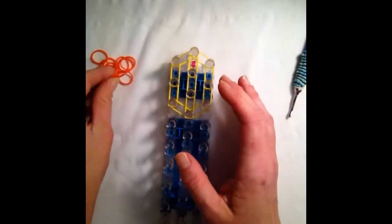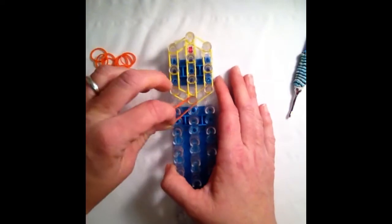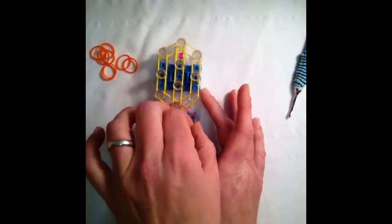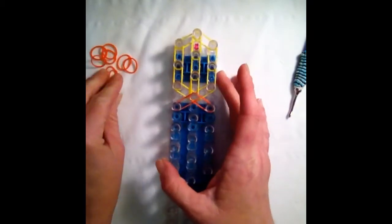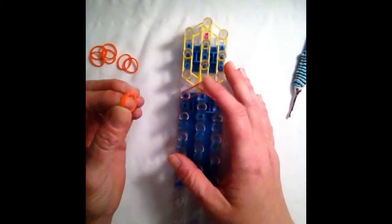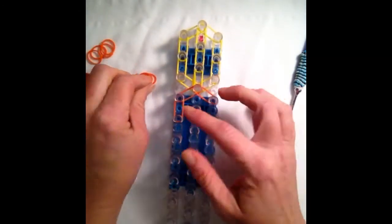We are then going to switch to our dark orange bands. And you're coming off the chin peg with 2 orange bands going to the left and 2 going to the right. And we are then going to come down to the left-hand side 5 times with the 2 dark orange bands. So that's 1,